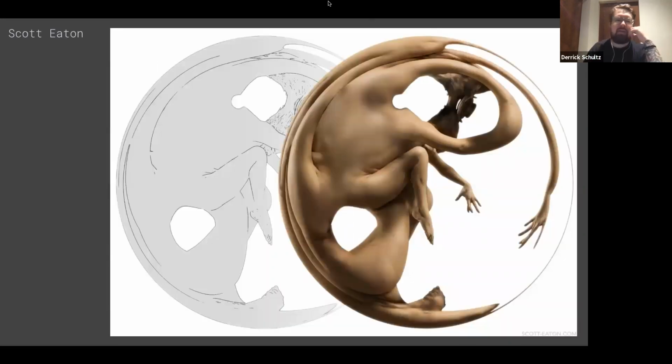This is Scott Eaton. Scott Eaton happens to be both a visual effects artist and a really amazing artist who draws a lot of figurative art. So this is a case of, back to the Allison Parrish example, where I want to see what amazing artists can do with these tools. This is a perfect example. Scott has a 45-minute video where he explains his process for these things.